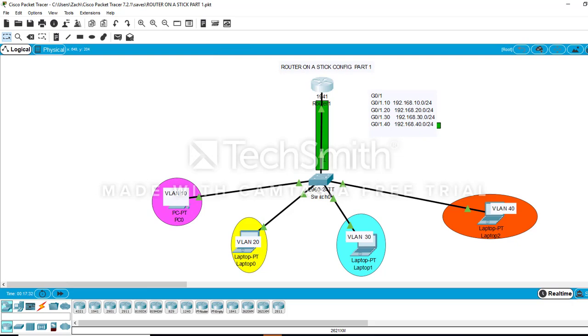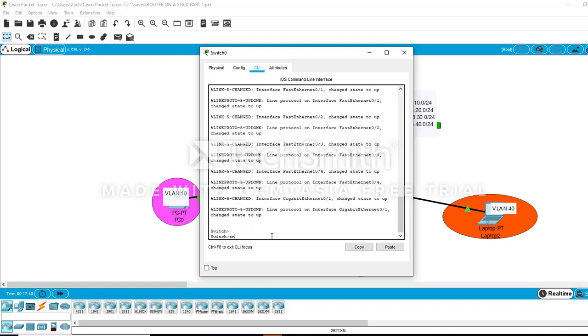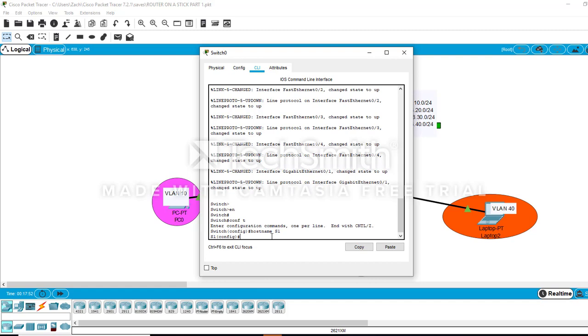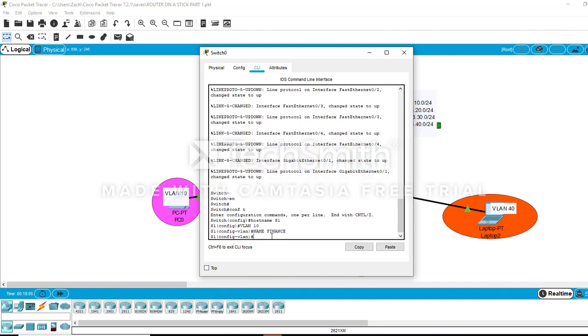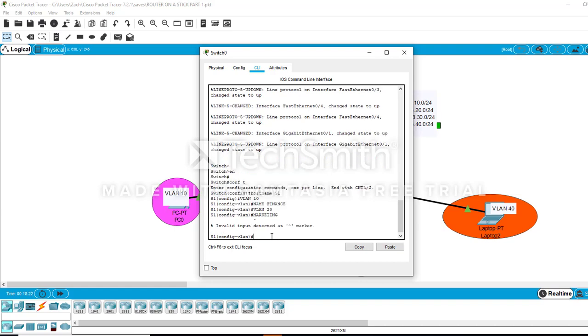So let's get out of here and go to the switch and make sure we configure that in a very fast pace. We're going to go to enable, config t, hostname X1. Now that is configured, we're going to start creating our VLAN 10. Going to name it finance. VLAN 20, marketing,